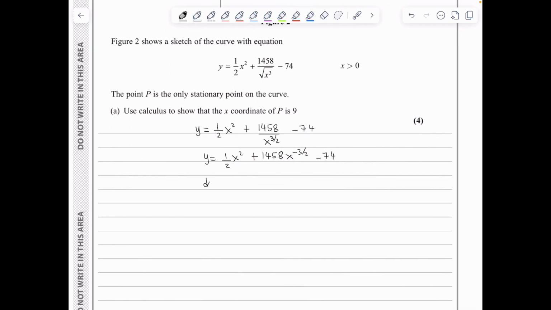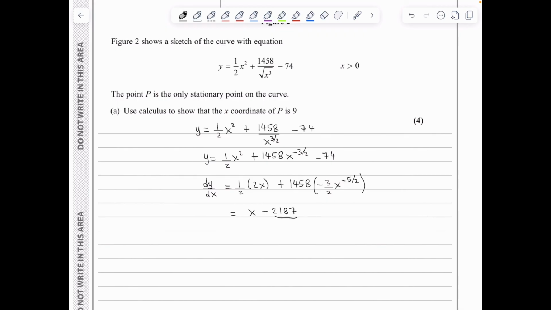So dy dx will be a half times the 2x, so I get the power down and I deduct 1 from the power, plus 1,458 times minus 3 over 2 x to the minus 5 over 2, and the minus 74 vanishes because it's a constant. So this is equal to x minus